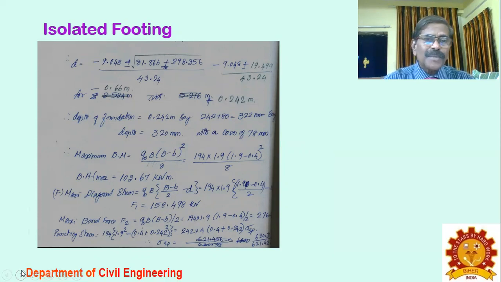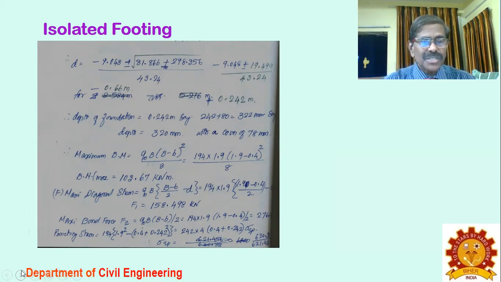The moment the depth is known, then it is equal to 320 including the cover of 80 millimeters. With a cover of 78 millimeters, you get the maximum depth equal to 320 millimeters. So for the maximum bending moment, you substitute in that old formula Q naught B into B minus B by 2 into 194 into 1.9, 1.94 whole squared by 8. You get the bending moment is